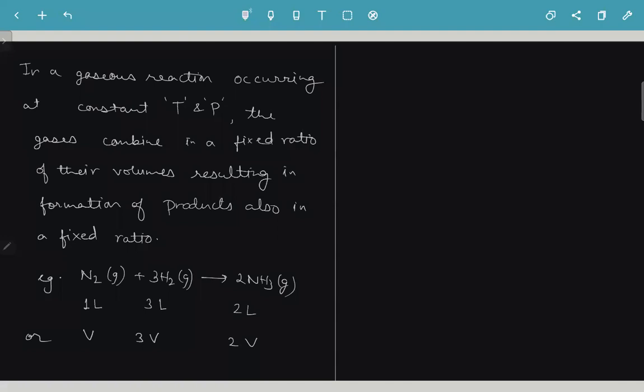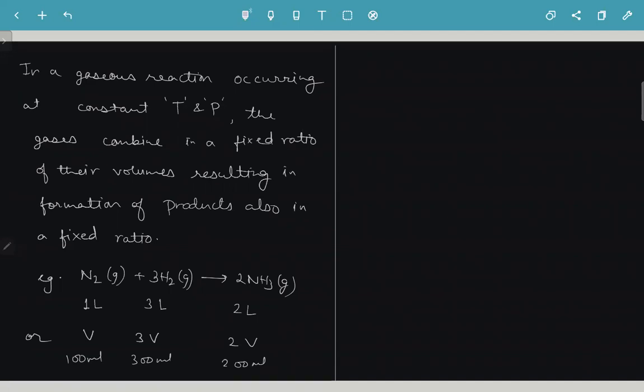वत्सल देखो ध्यान से, ठीक है? This V can be any volume. मान लो V 100 है, so we can say that 100 ml of nitrogen combines with 300 ml of hydrogen to produce 200 ml of ammonia. Volumes are not conserved, not necessarily. Total volume of the reactants consumed may not be equal to total volume of products formed.